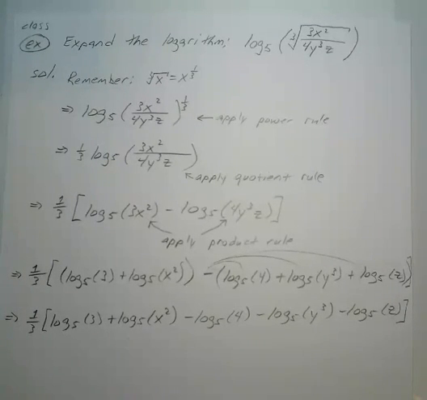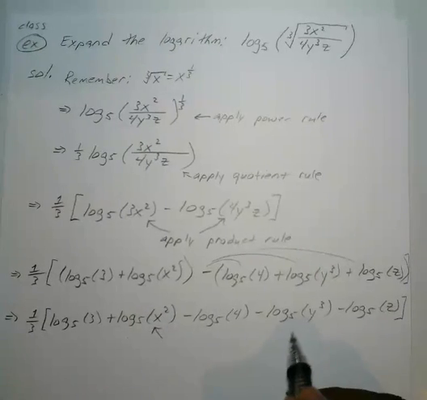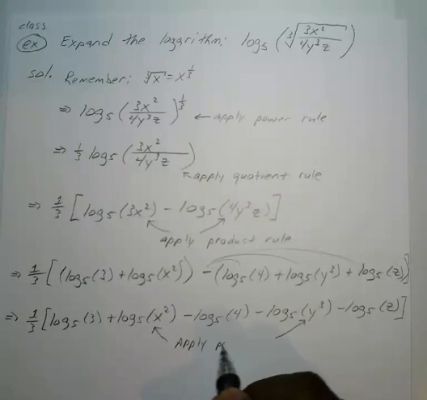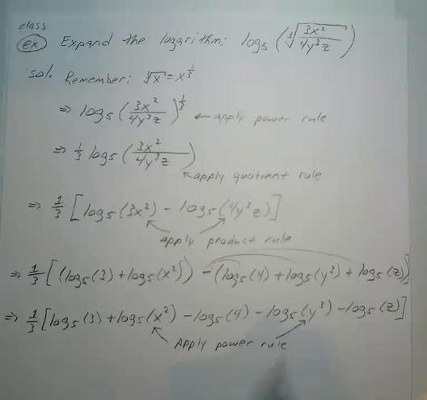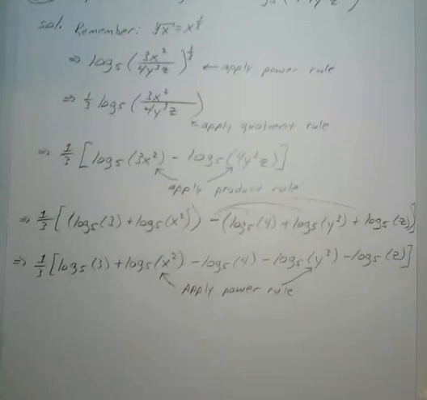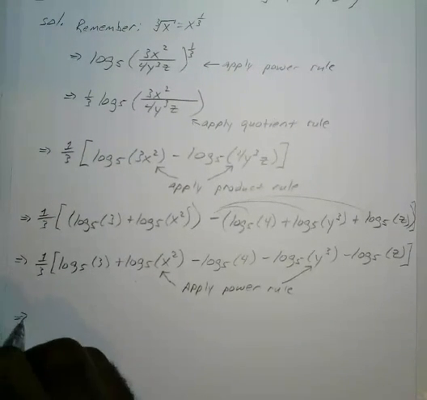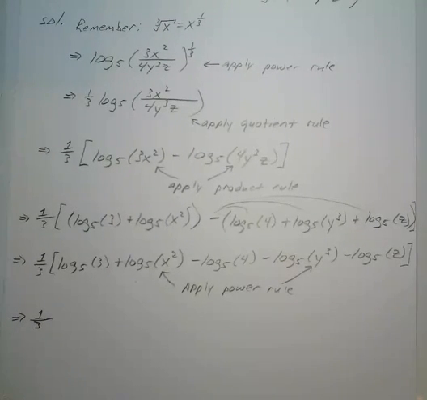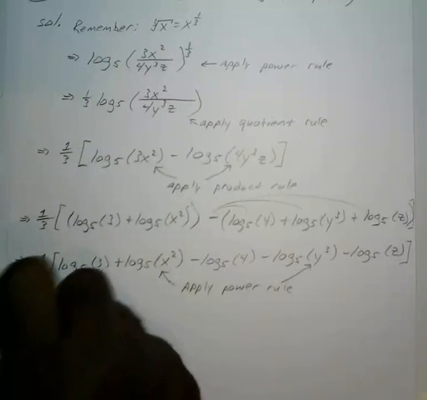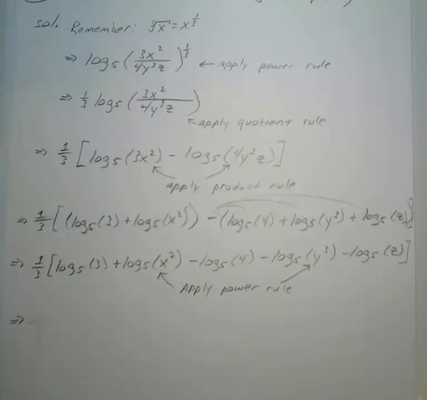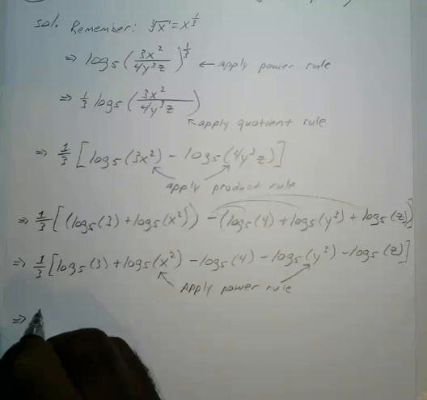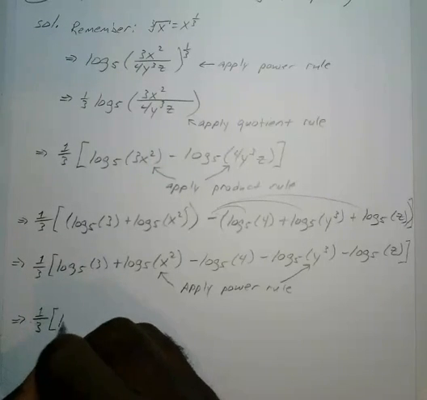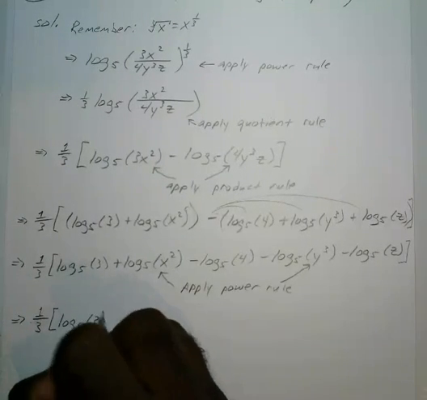Okay, so now we can see here that the only thing left are those exponents. So we have there and there. So we just apply the power rule to those two terms. Okay, so that will give us a final answer of 1/3. Let me clean that up a little bit. Okay, so we have 1/3 times log base 5 of 3